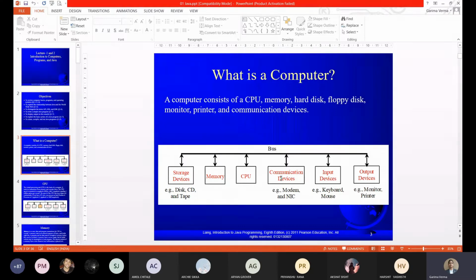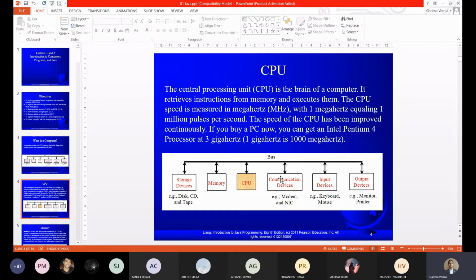So what is computer? Computer is basically made up of certain devices. The main devices are CPU, memory, communication devices, input devices, output devices, and storage devices. We'll take everything one by one.